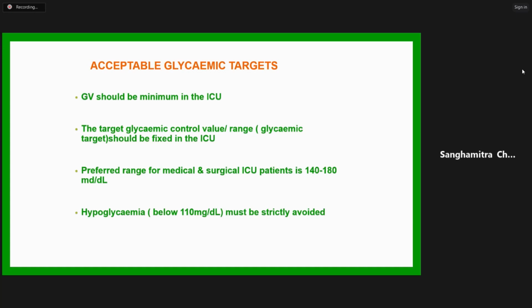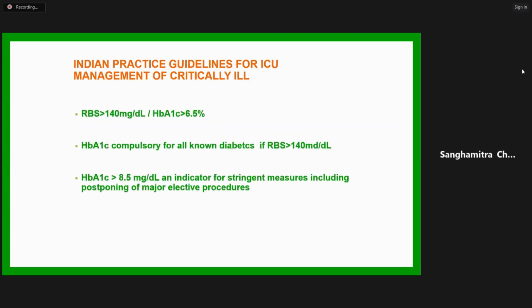Milligram per deciliter, and hypoglycemia below 110 should be strictly avoided. So extremely stringent conditions in the ICU is probably not a good idea to go about with. Next slide. The Indian practice guidelines for the ICU management of critically ill patients states the routine blood sugar should